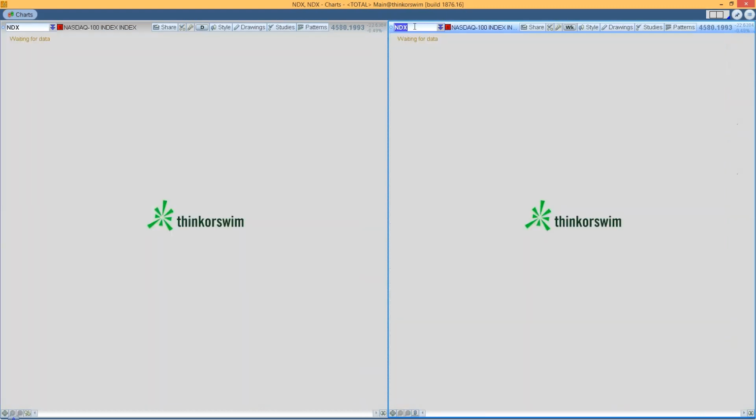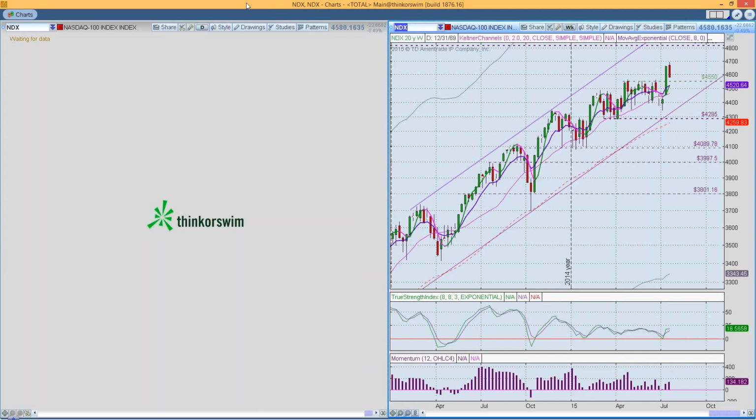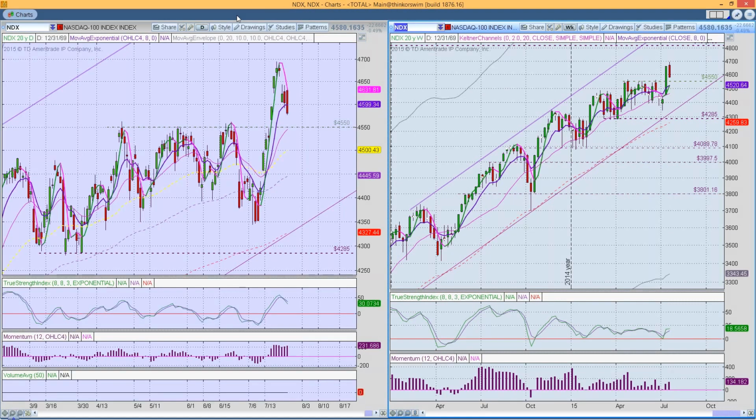The NASDAQ, as I said, was holding up fairly well. It was until we broke down below the 8, because you see how we came in yesterday, bounced off the 8, but still closed in the lower half of the candle, and now we finally get a breakthrough. The one thing the NASDAQ has going for it that the other indexes do not is it did make a really nice breakout of this level at the 45.50 level. This would be an area where we could potentially look for some sort of a reversal.